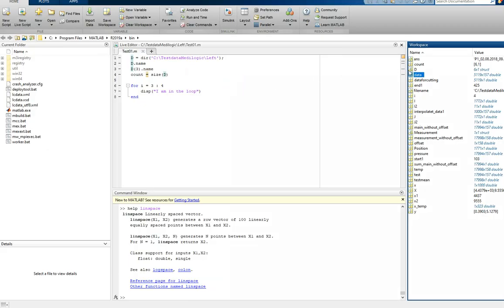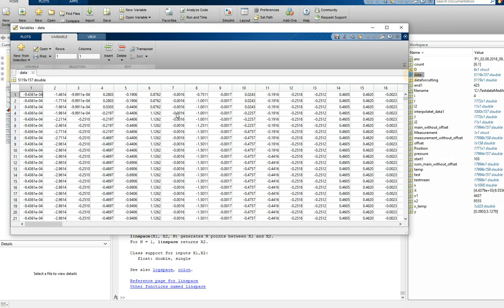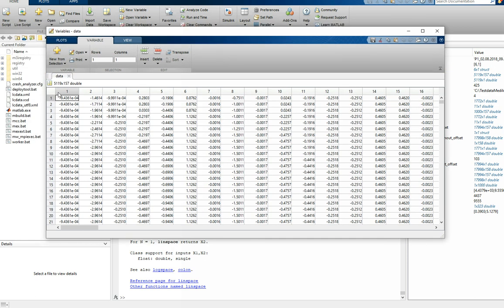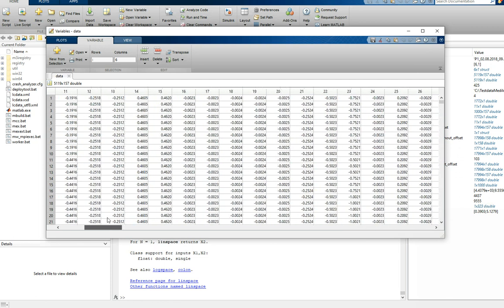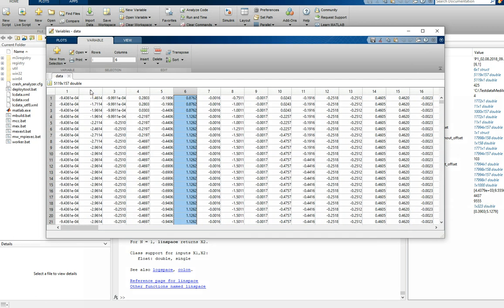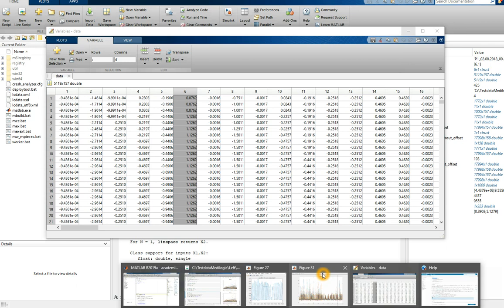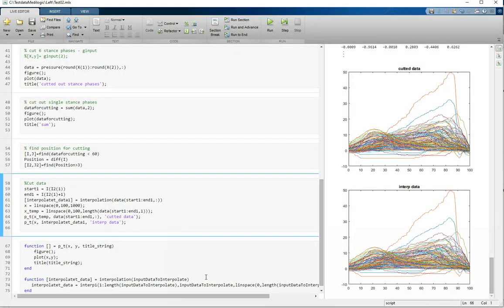in MATLAB. When we're opening the data, we can see, okay, the first one is the first sensor, and so on and so on. And we have to take out these specific columns for every region. And this is what we are including now in our code. We are making a new section break